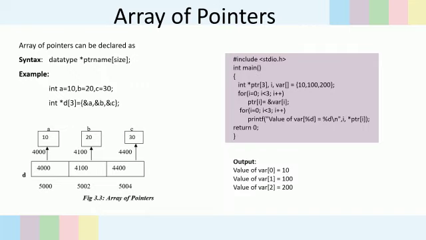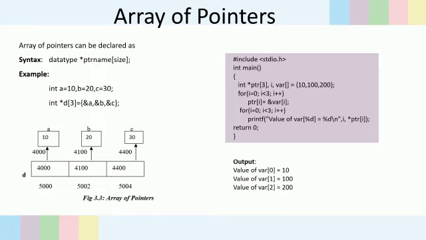Array of pointers. Array of pointers is used when we need an array which can store pointers to an integer or character or any other data type. The array of pointers can be declared as data type *ptr_name[size]. For example, consider the following code. int a = 10, b = 20, c = 30; int *d[3] = {&a, &b, &c};